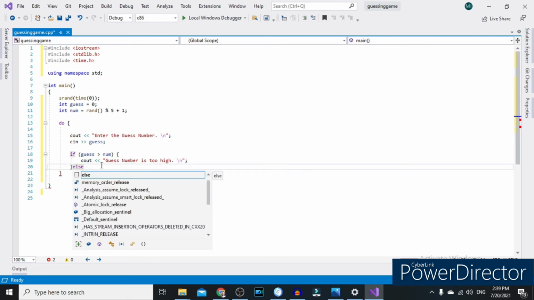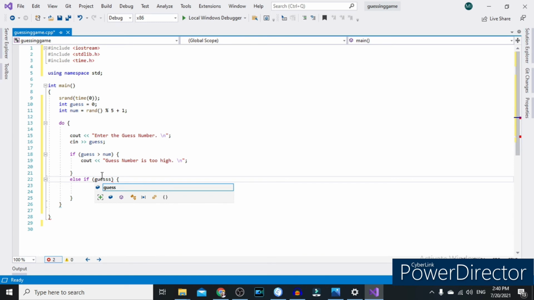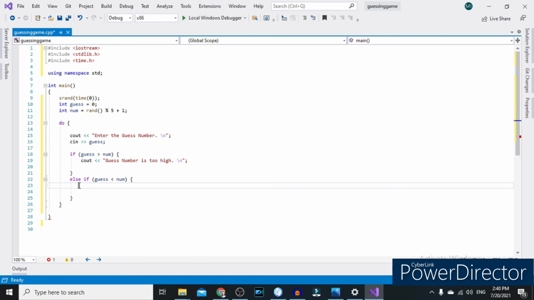Else if the guess number is lower than the number generated by the system, the program will also display a message to the player that this number is too low,